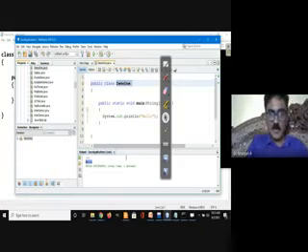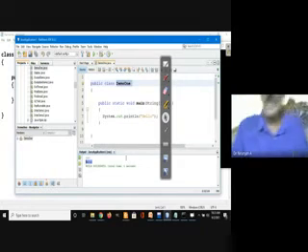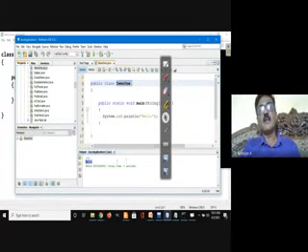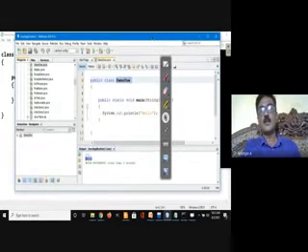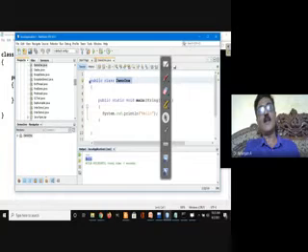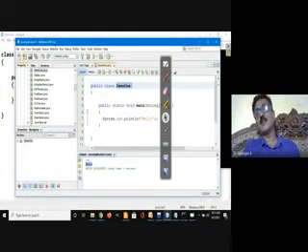This is somewhat similar to your Turbo C++ or Dev C++ IDE that you are using to run and execute your C programs. Similar to that kind of IDE, there are so many IDEs. You have NetBeans, you have Eclipse. Different people use different IDEs, but I have been using NetBeans since quite some time.